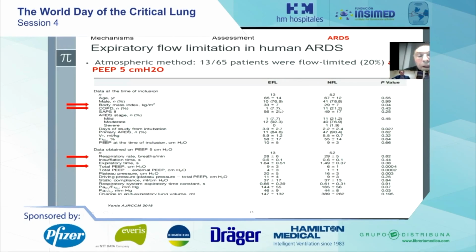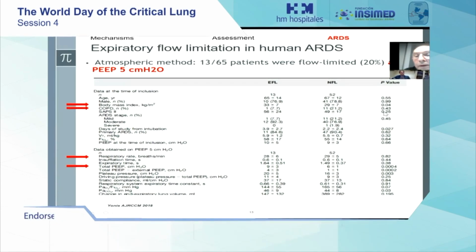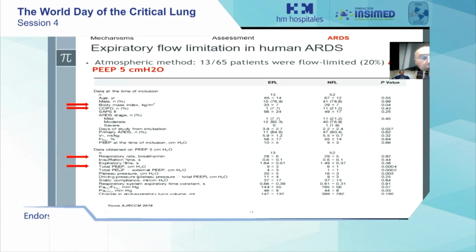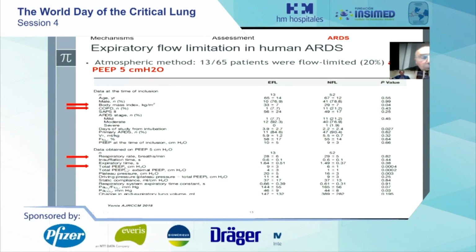The rate of COPD patients was lower, even if not statistically significant due to the low number of patients. There was only one COPD patient in the EFL group, and 11 COPD patients were in the NFL group. Interestingly, the intrinsic PEEP, the total PEEP, was significantly higher in the EFL group as compared to the not flow limited group for a similar